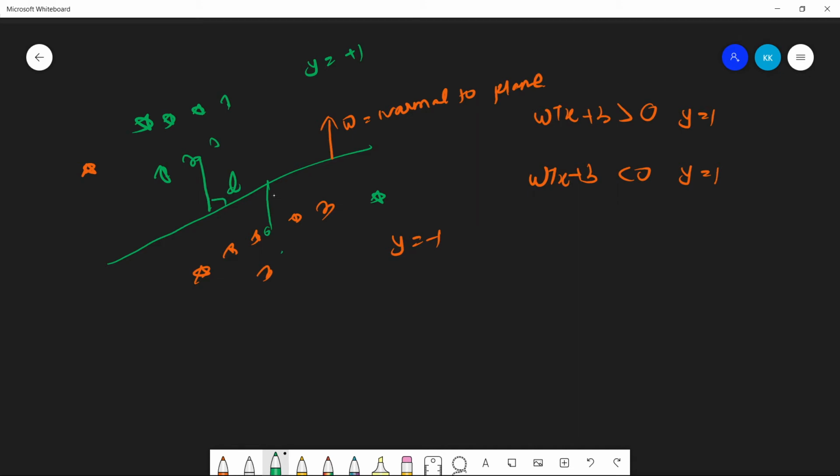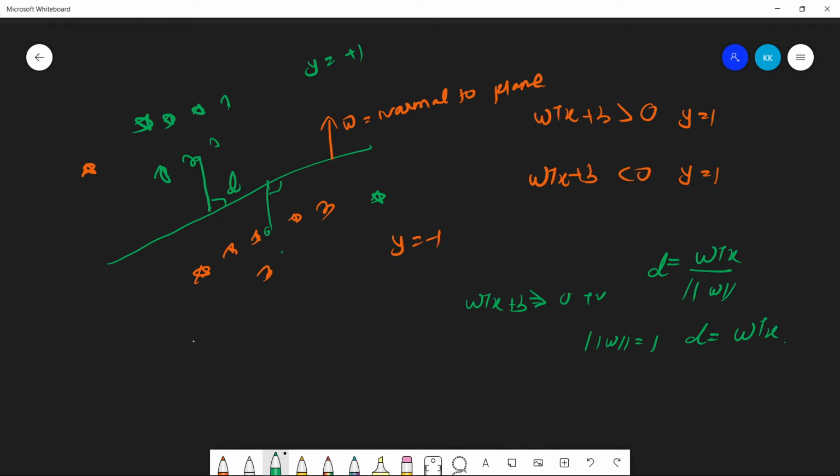Okay. So from our assumption, omega transpose x plus b is greater than 0 for positive. Suppose I want to calculate the distance from my plane to that point, so I can calculate it by omega transpose x divided by norm of w, which is the distance. So for simplicity's sake, we consider our norm of w is equal to 1, so the distance is equal to omega transpose x.